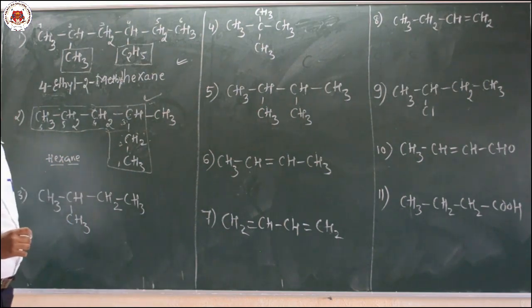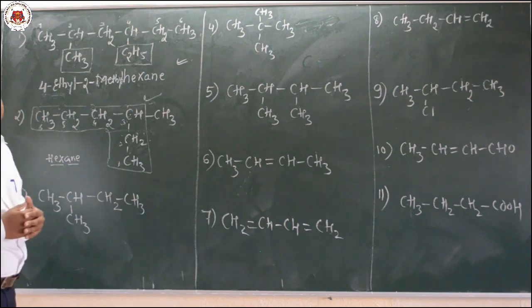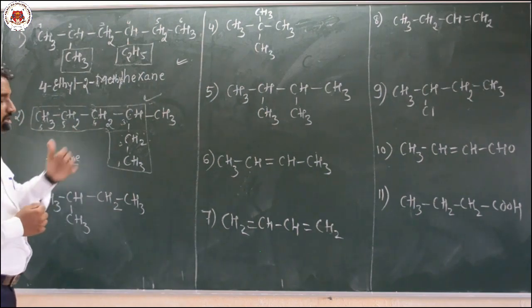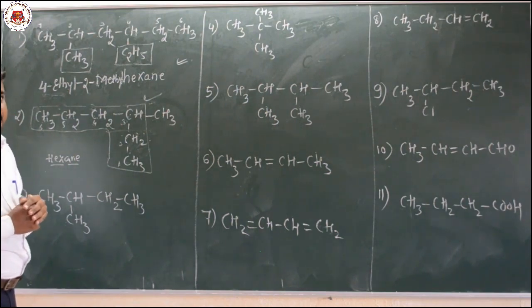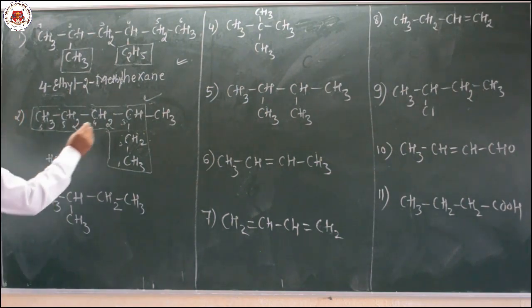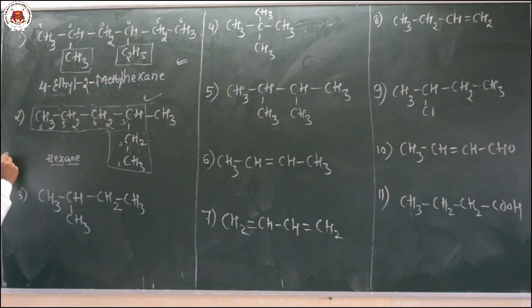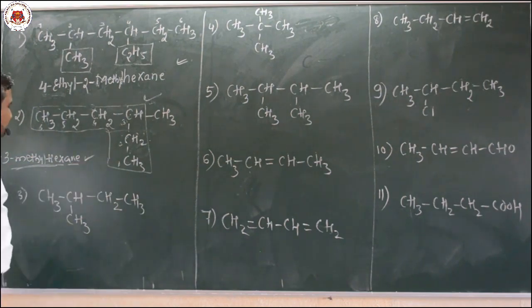And also you have to mention the substituent group, that acts as a what here? Prefix. Position of the substituent group and also name of the substituent group. We have at the third position a methyl group, 3-methyl hexane. So this is the IUPAC name for the second compound.